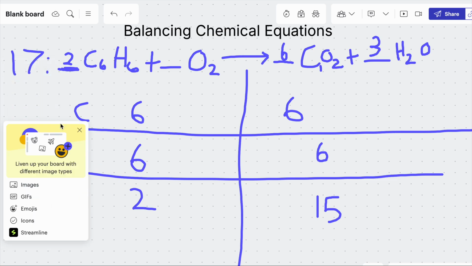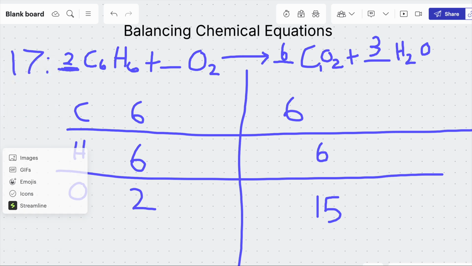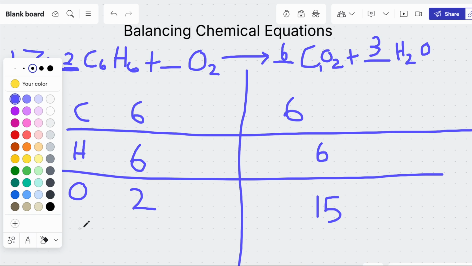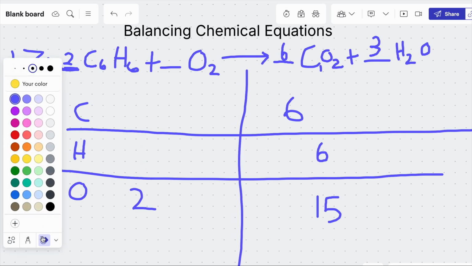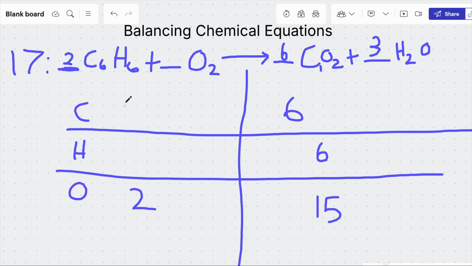And that's going to double both our C's and our H's. So 2 times 6 is 12. 2 times 6 again is also 12. If that odd explanation didn't make sense, basically,